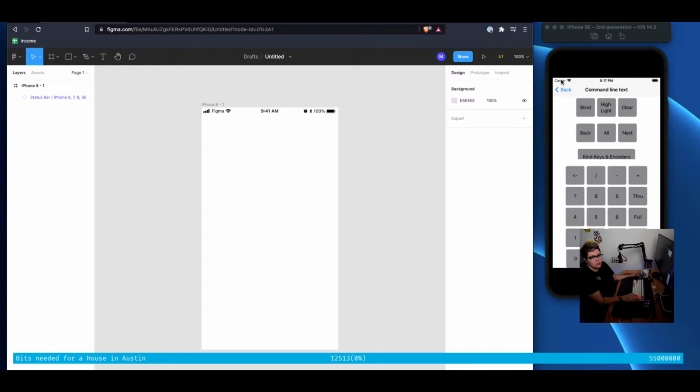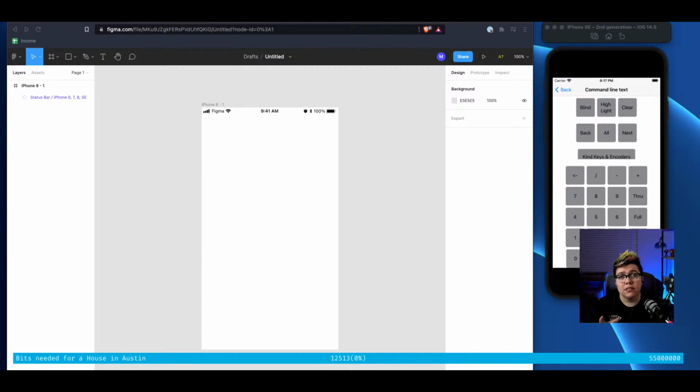Now what we're going to do is I need this bar here, because I think the best thing is still to put that command line text. That command line text is really dynamic. Basically it's read off of the actual console itself, and it comes into the app via the console. As programmers push buttons either on the console or from the app, you'll see that change based on whatever's coming from the console. So things will change dynamically, and especially on this size phone, it makes the most sense to just keep it up in the top,